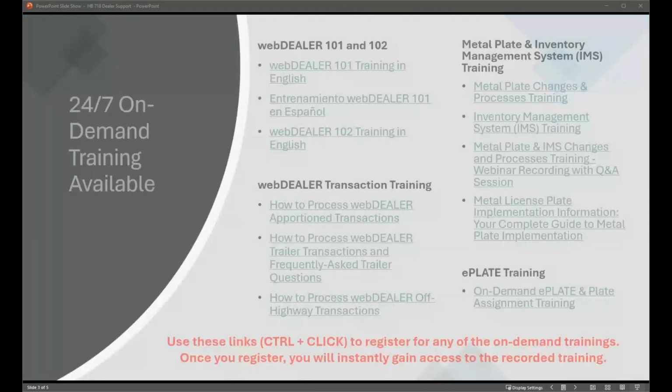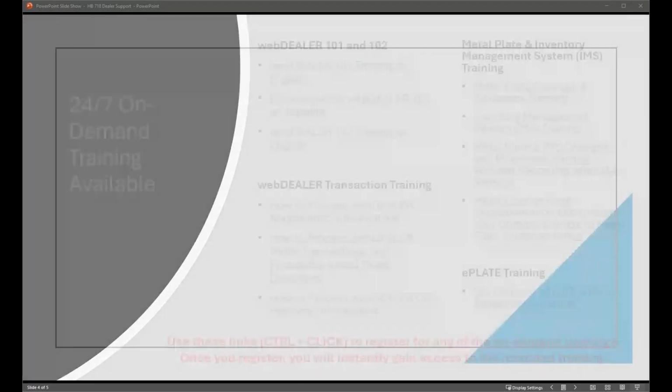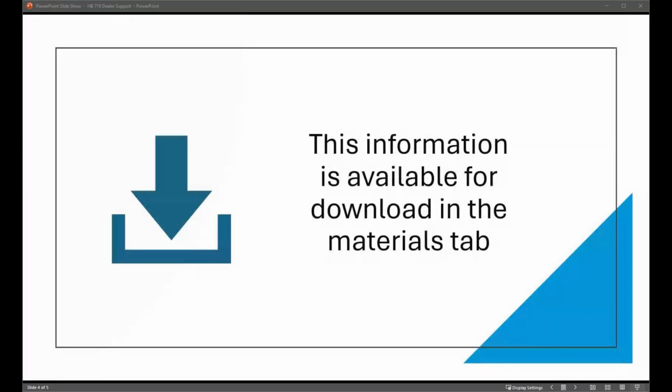So next question here, what plate does a customer get when purchasing out of state and exporting a vehicle? For those vehicles that are going to be titled and registered in another state, those are going to be the green out-of-state plates. And if it's going to be for export use, it's going to be the red temporary registration plate that comes from a regional service center or a county tax office.